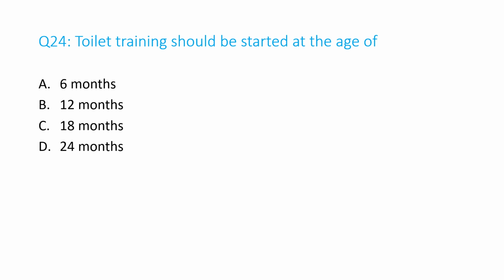Number 24. Toilet training should be started at the age of A. 6 months, B. 12 months, C. 18 months, D. 24 months. And the answer is